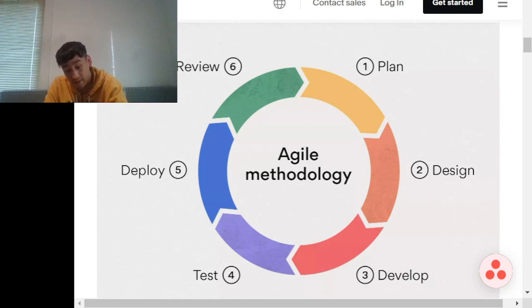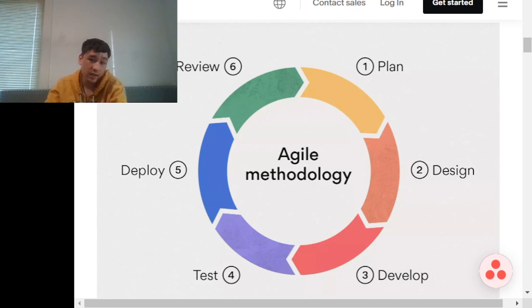The reason why I'm going over Agile methodology real quick is because in the next few videos I'm going to be creating a full stack environment which involves the data layer, business layer, and presentation layer for a MapleStory private server, which I'm just going to be using for learning purposes. But I'll go more into that later on in the other videos. But if we continue,